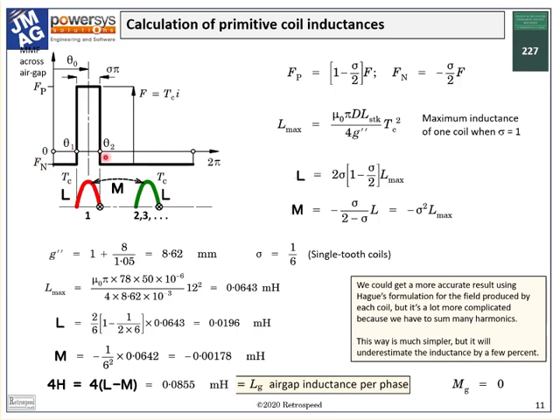We have two coils at theta 1 and theta 2, and the flux distribution in the air gap is rectangular, as shown. By applying Gauss's law and Ampere's law, we can calculate the flux densities inside the span of the coil and outside, and then by integrating in the tangential direction we can get these expressions for the self and mutual inductance of the coils. And from this we get Lg, which is equal to 85.5 microhenries per phase, and as we said earlier, Mg equals 0.